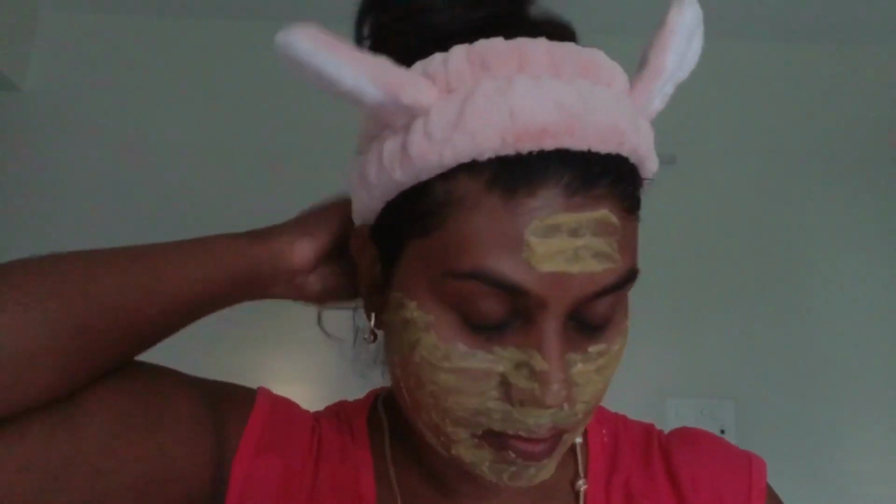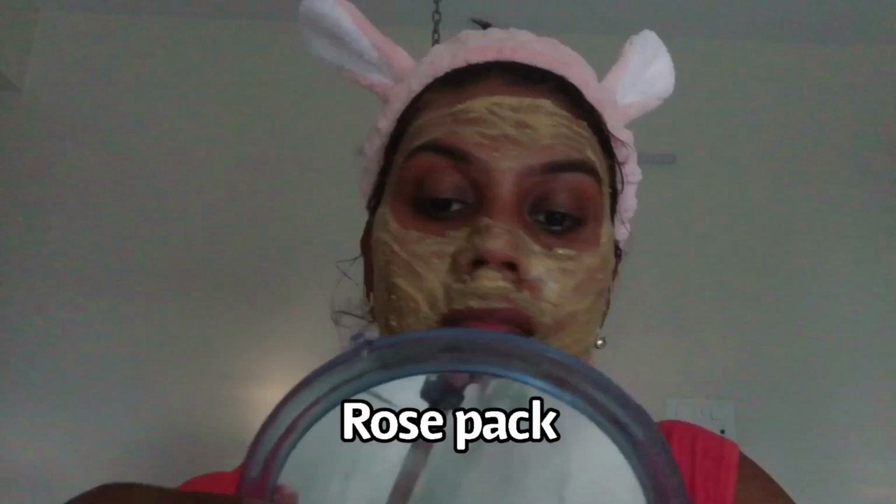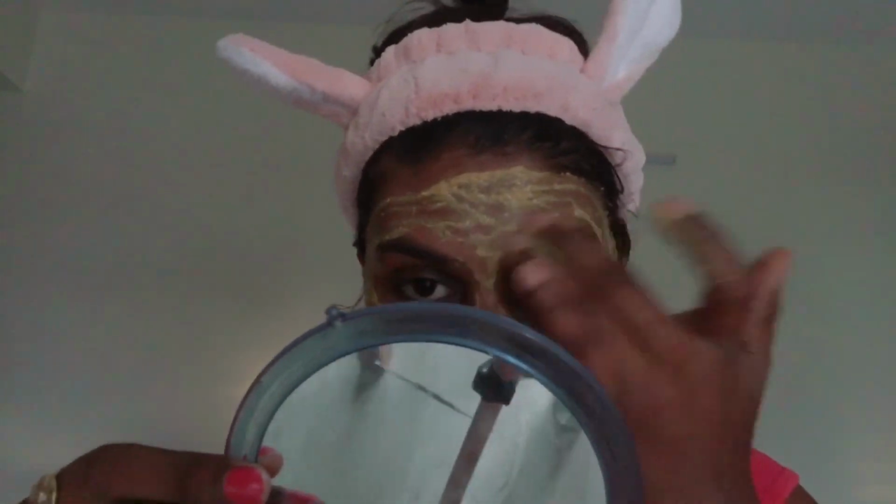I have used turmeric in the face pack apart from rose. Actually, turmeric also has a lot of antibacterial and anti-inflammatory properties, which actually gives the skin a very nice and soothing effect. It also gives a natural glow of